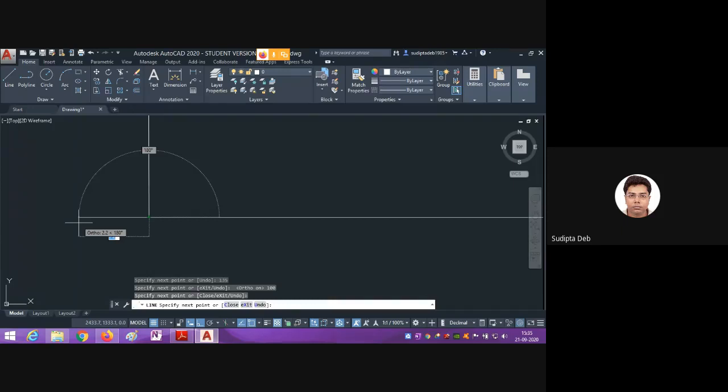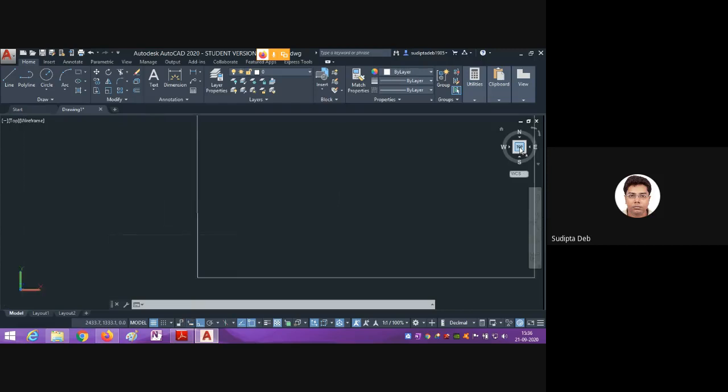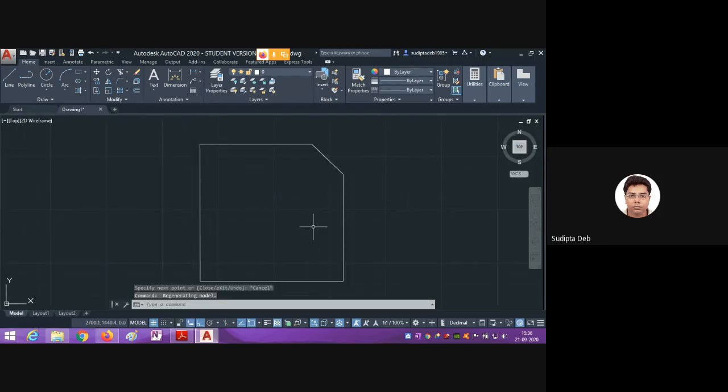Okay, now if I want to exit from this section, what will I press? Escape. Yes, the ESC button. So, sir, I have completed my drawing. If I want to see the whole drawing, just click on the top portion, the middle portion. This is the drawing part. You can see it now. But at the same time, we have to check the dimensions.